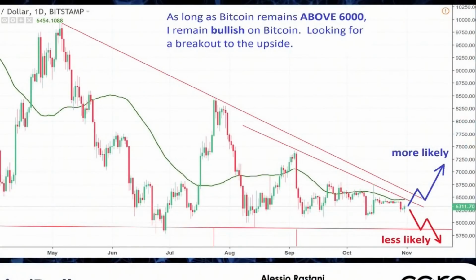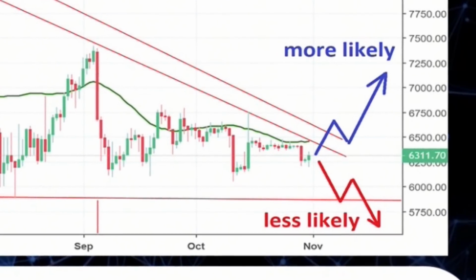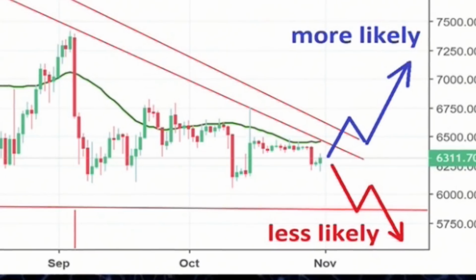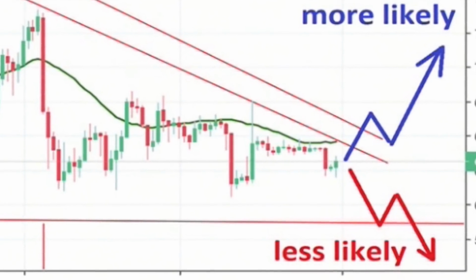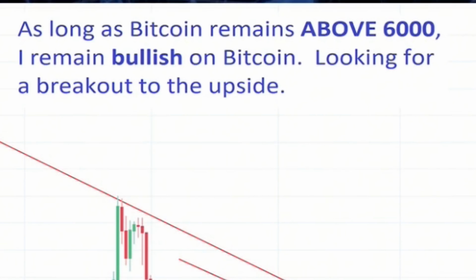So I mentioned to you at the start, I'm bullish on Bitcoin. So even though I mentioned in this video the likely targets or levels Bitcoin could drop to if it were to break below 6,000, my personal point of view on Bitcoin, and this has been my point of view for some months now, is that I'm expecting Bitcoin to break higher. Now, this could happen in November. I think more likely, I was expecting it to happen in October, but it looks like it's more likely to happen in November. As long as Bitcoin, I've written that above this chart, remains above 6,000,